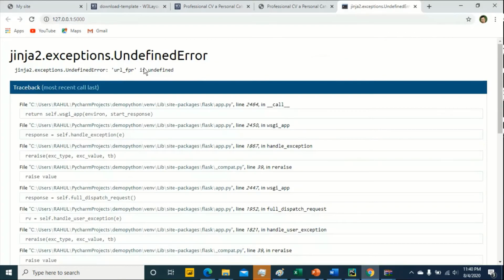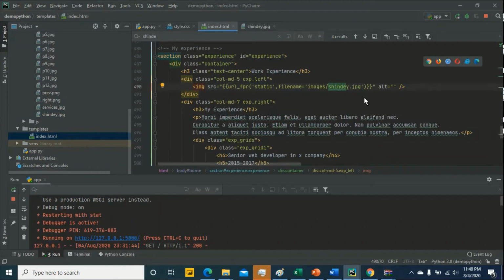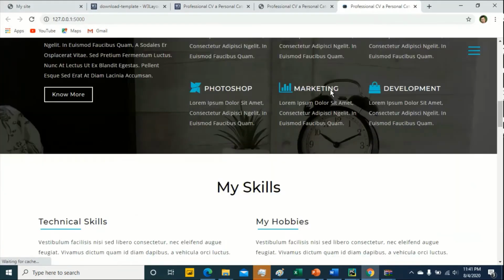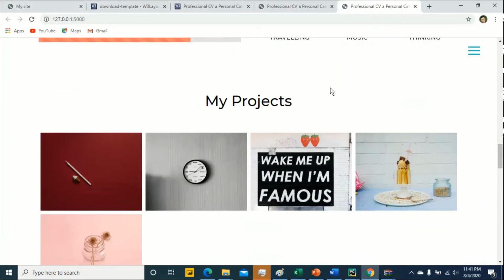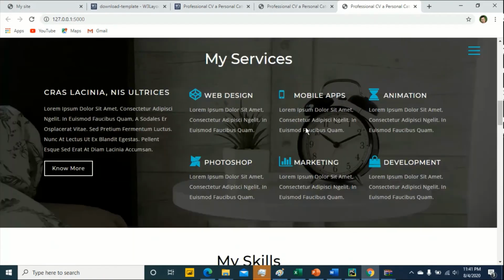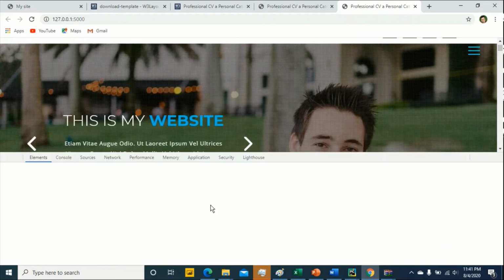Just refresh it. Okay, there is some error. We'll see what happened. In images static URL for, here just click URL for. Okay, just refresh it. You see there is image is present here. Okay, what about this image? This image is present in